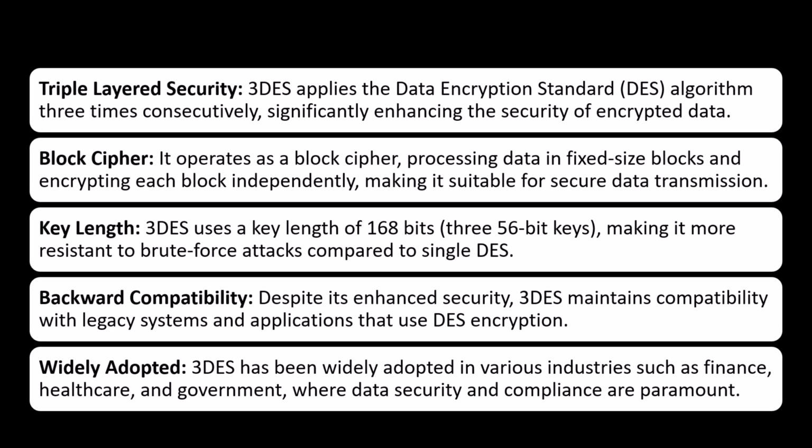DES is also a block cipher. That means it operates as a block cipher, processing fixed size blocks and encrypting each block independently, suitable for secure data transmission. The key length used by the 3DES algorithm is 168 bits. That is, each DES algorithm uses 56 bits, 56 times 3, which makes it much more resistant to brute force attacks compared to the